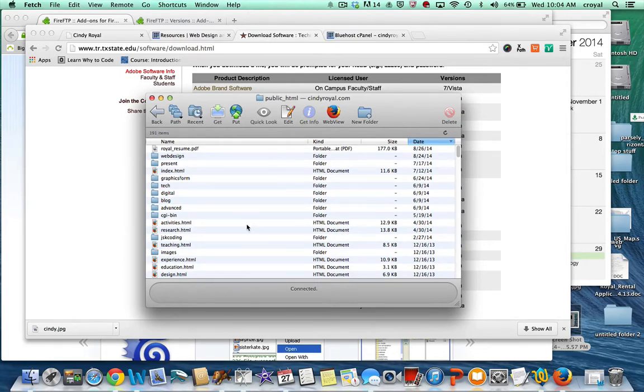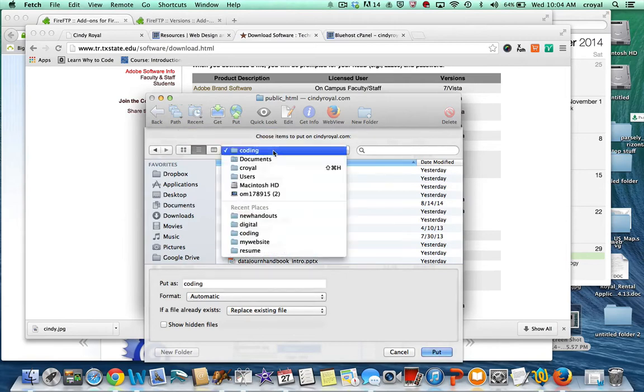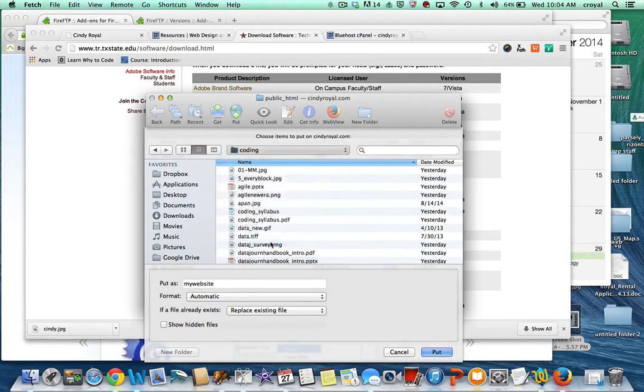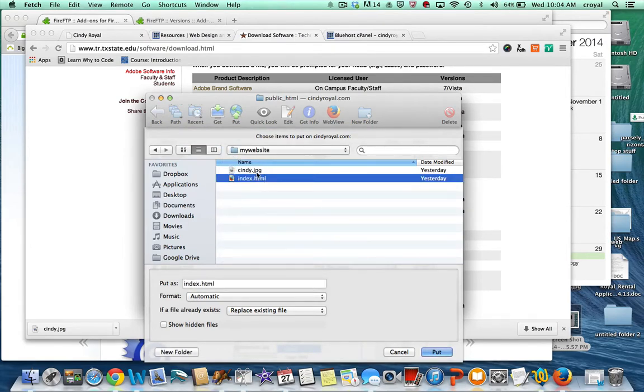And so when you want to put something on your main domain, you would just say put, very simple, choose put, and then you would find the files that you're working on, my website, and select the files that you want to upload. And you'll need to select all the files that are associated with your site, including any images or any other files that you've created associated with it, CSS, HTML. And I'm not going to put these because I don't want to overwrite things on my site, but you'll say put,